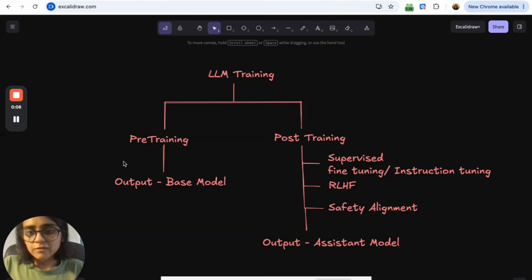So coming back to the graph that we started with, we already discussed what pre-training is, how it outputs the foundational base model, and what a base model is. Then we went to the post-training steps. We understood supervised fine-tuning and RLHF. Also, supervised fine-tuning is part of RLHF. I just mentioned it separately here so that we discuss it in the video. Safety alignment is what happens inside RLHF too. Again, like supervised fine-tuning, basically all of this can be converted to just RLHF. And finally, after all of this, we have our output assistant model. So we went from the raw data on which the LLMs are trained to generating the output assistant models.